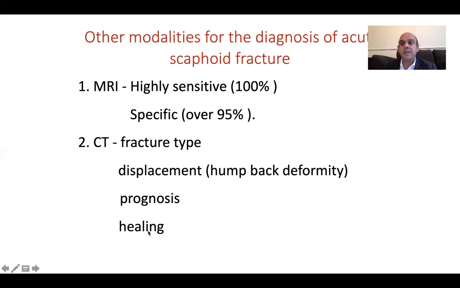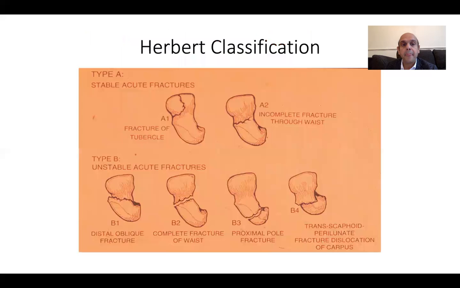Healing. So for example, in a waist fracture, at 6 weeks, if you're not sure about healing in your X-rays, and the patient still has pain, in those cases you can't indefinitely put the patient in a plaster. You will take the plaster out at around 6 weeks in a waist, but get a CT scan because it will give you an idea about bridging trabeculae.